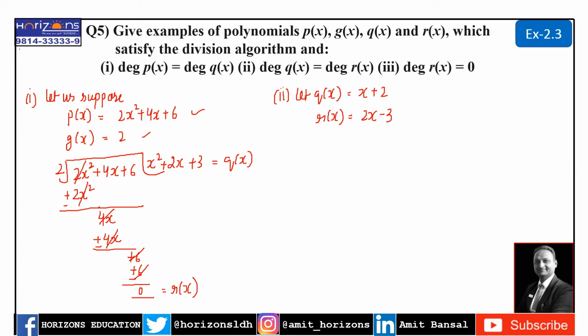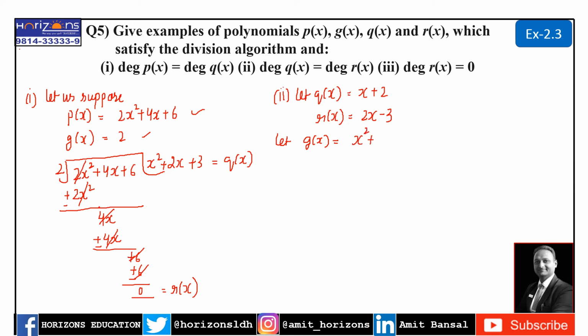Now what needs to be done? We know that a division does not end until the degree of the remainder is smaller than the degree of the divisor. So one thing is very obvious, that 2x minus 3 can be a remainder only if the divisor has a degree of at least 2, if not more. Right friends? So thinking of a quadratic polynomial as the divisor over here, so let g(x) is equal to,